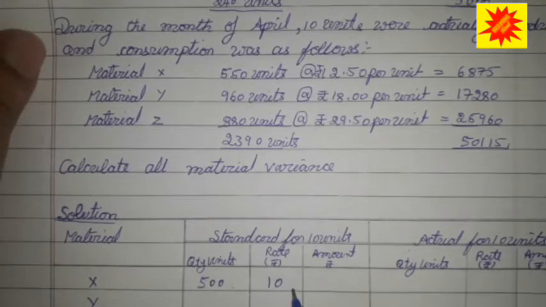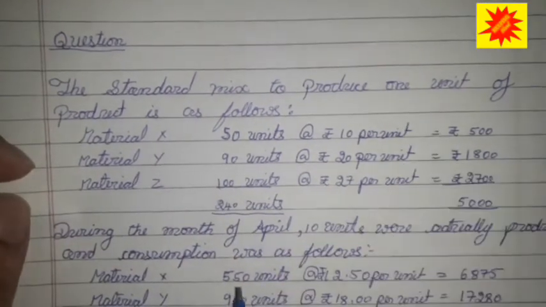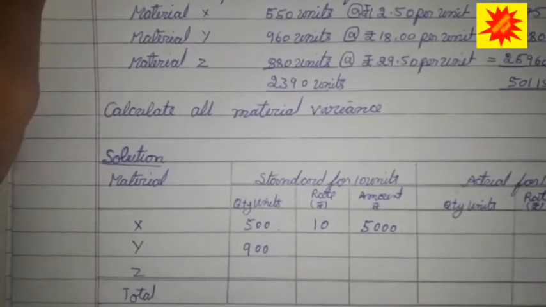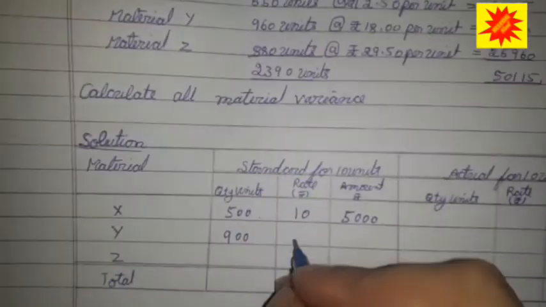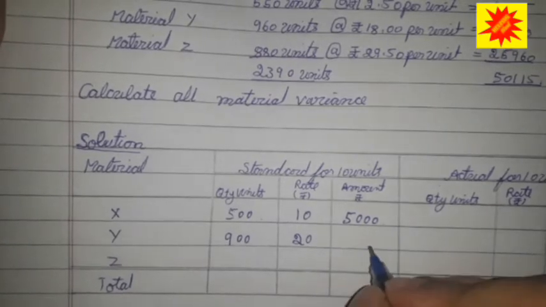When we multiply these two, we get 5000, right? Next we have material Y, 90 for 1 unit. So for 10 units it will be 900. Rate will be 20, which is given to us, so we directly record it as 20. When we multiply this, we get